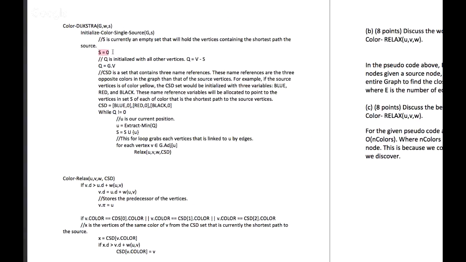So first we set S equal to 0, just like the regular algorithm. Then we initialize Q, where Q equals V minus S. Always remember that. And here we're going to set up a set. The set contains 3 name references. These name references contain, for example, blue, red, and black, given that the source node would be yellow. So it's always going to be initialized with the 3 opposite color name references of the source vertex, and then also given a